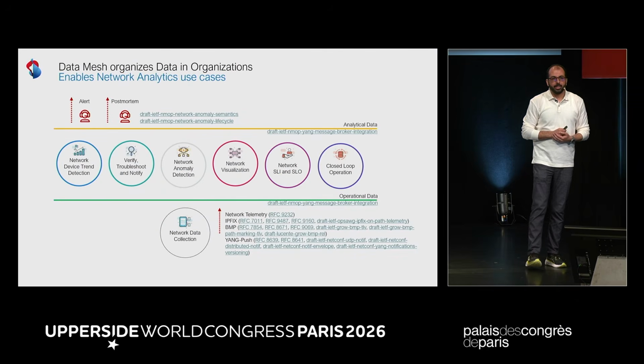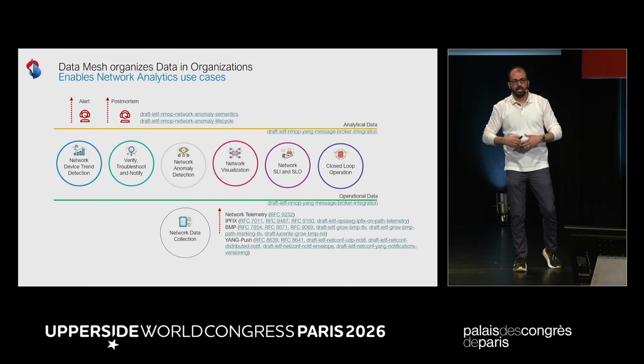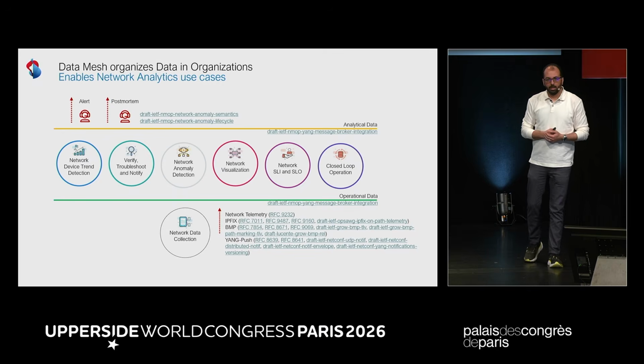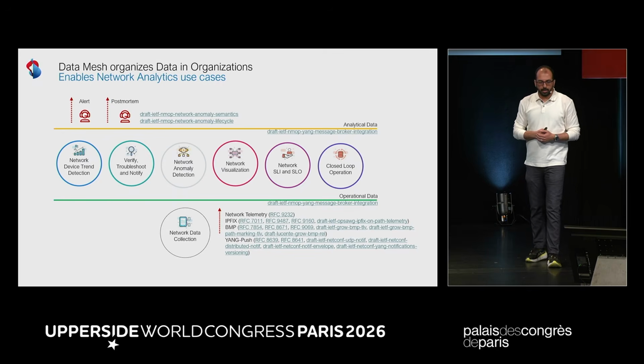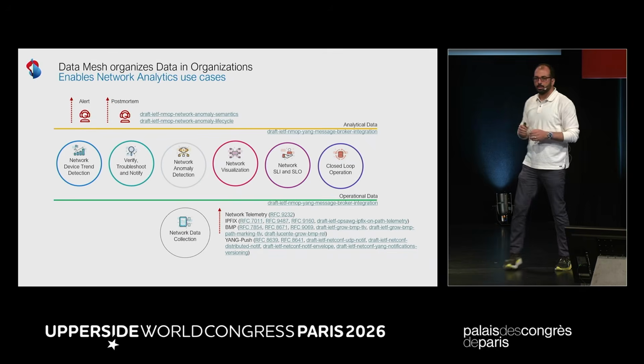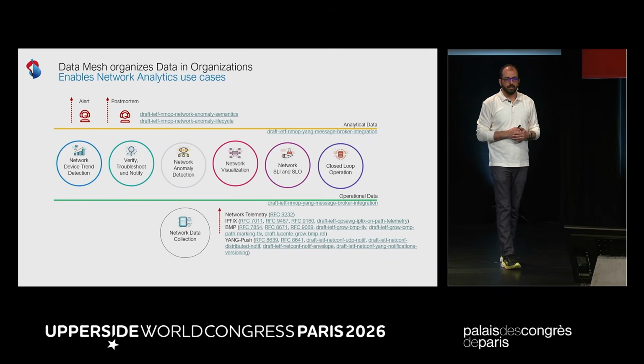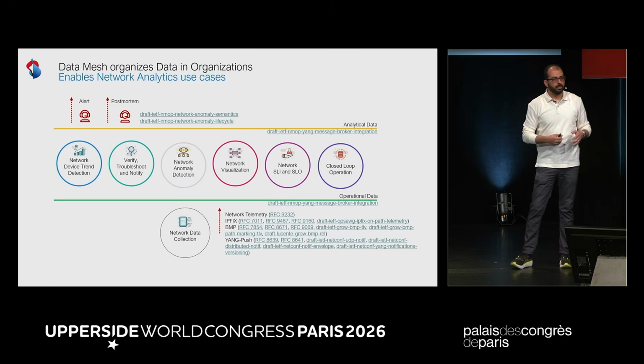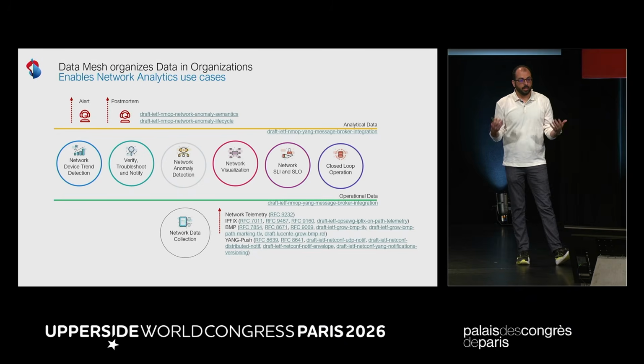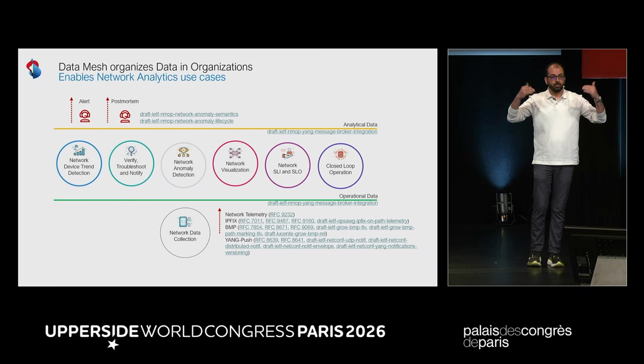So what kind of application do we build on top of that mesh? We're not having data for the sake of having data. One of the things here, if you look on the slide, we actually do the collection once in our network and make it available for everyone. So your routers are busy doing routing and packet forwarding, not answering queries on a CLI or NETCONF. So query the data once, push it up to a data mesh,